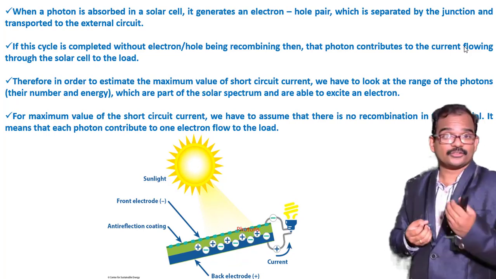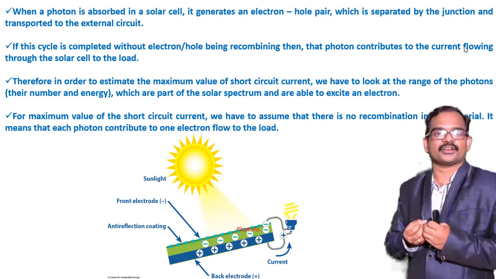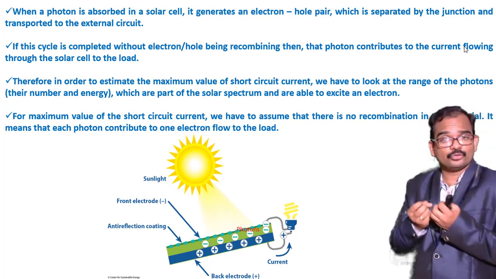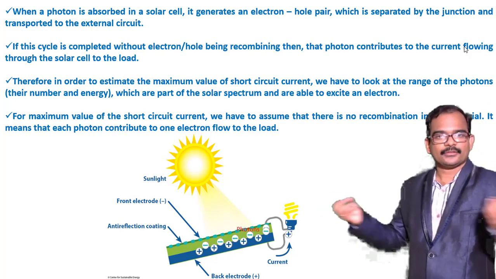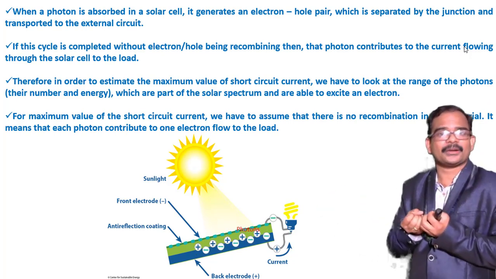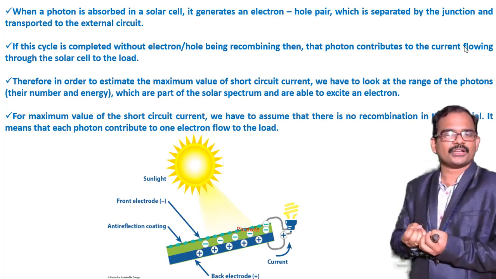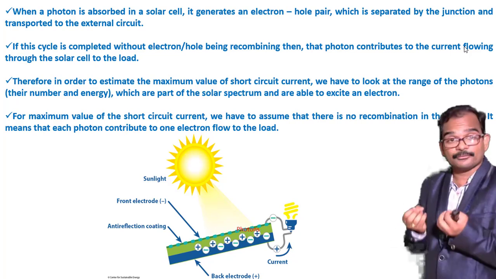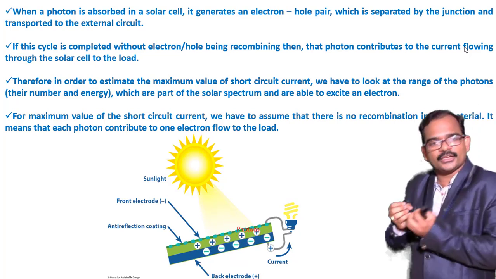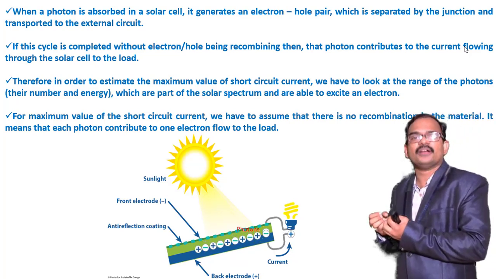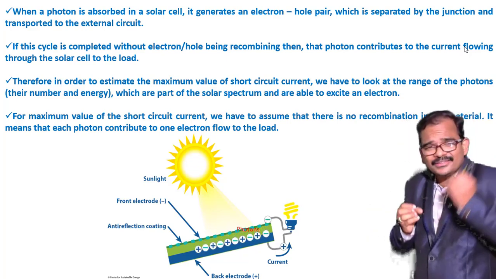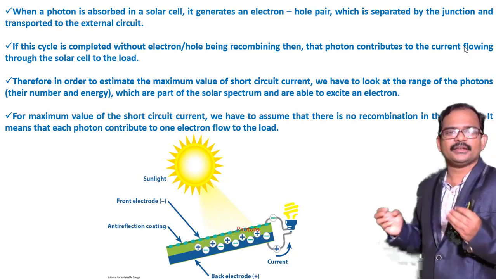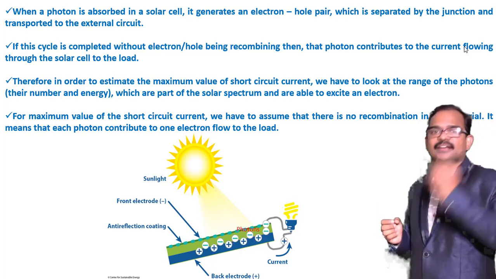So the first function is that light has to fall on the solar cell and create electron-hole pairs, and the second function is to separate the electron-hole pairs. If the second function is not happening properly, then the efficiency of the solar cell will decrease and thereby its performance is affected. The number of photons falling on a solar cell is proportional to the short circuit current. Therefore, if all three functions of a solar cell are not performed properly, we will automatically get a loss in performance.